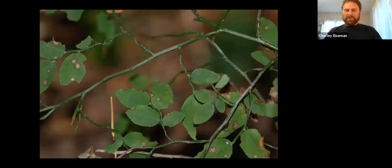I didn't explain anything about how I put this book together, but over the past 8 years or so, my wife Julia and I have traveled all over the US and a little bit in Canada to collect photos, since I wanted to make a guide to all North American species, not just the ones in my yard. And this picture shows a plant that in Washington is called huckleberry, which is a little confusing to me being from New England,